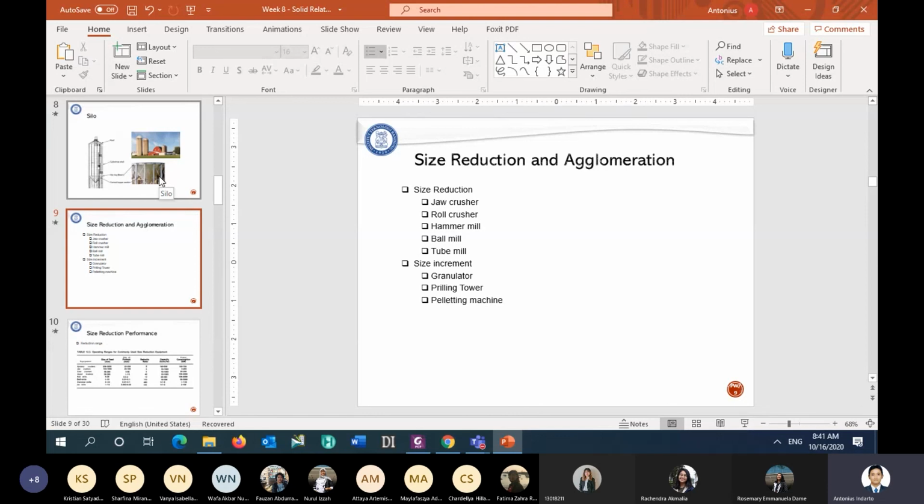The solid that has the correct size will go down, and then they will store it in the proper manner. In this spray dryer, they will not use any system that can create an electrical spark or a fire spark. So this is the way we can avoid dust explosion.